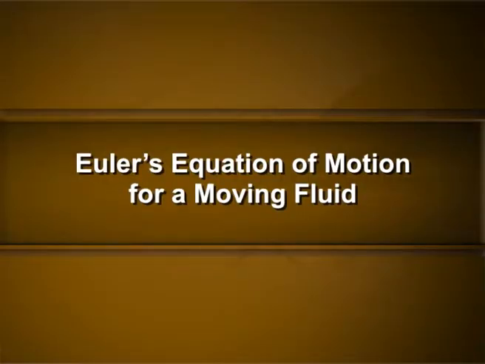Euler's equation of motion for a moving fluid. One can describe the motion of a fluid by following the motion of each individual fluid particle. However, that is a difficult one. There is a more convenient method for many purposes. In this process, one has to specify the density and velocity of the fluid at each point in space as a function of time. Here, we will follow this treatment.